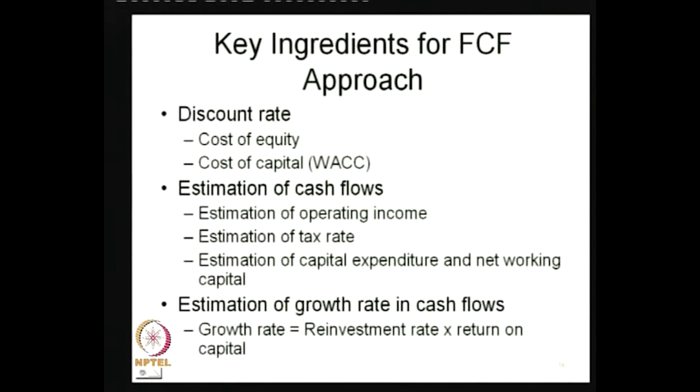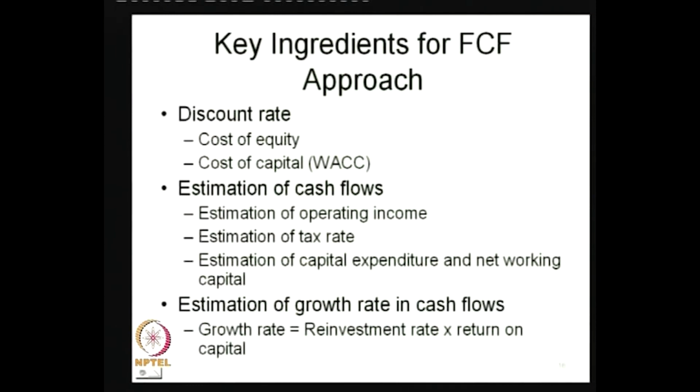One, the fundamental driver of cash flow is nothing but the operating income. Operating income is that income which is generated out of the main line of activity of a particular business. So, if the company is into selling of FMCG products, operating income is whatever income is generated by selling the FMCG products only. It will not consider any other income, like income on investments or dividends from a subsidiary company; all these things are not considered in the operating income, because that is non-operating income. And operating income is obviously found out by taking out the operating expenses from the operating sales income, and then one has to adjust for the tax there.